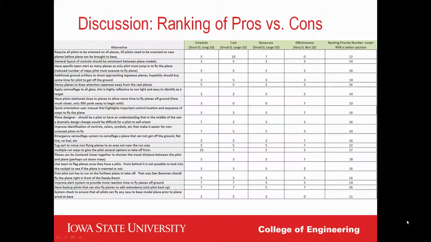For the discussion portion of the project, we took a two-step process, or two major step process. The first step is shown here on this first slide, where we took an FMEA type approach, where we listed all the alternatives and then graded that specific alternative to four major categories. The first one being schedule, to understand if we thought the alternative would take a long time or a short